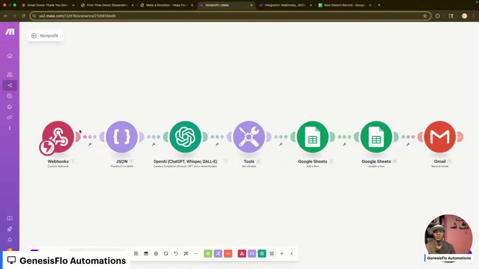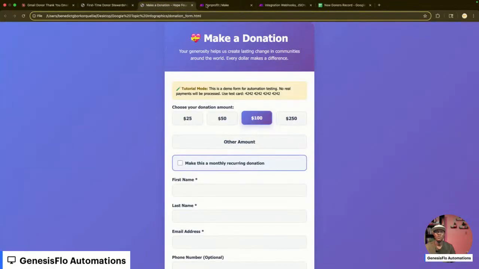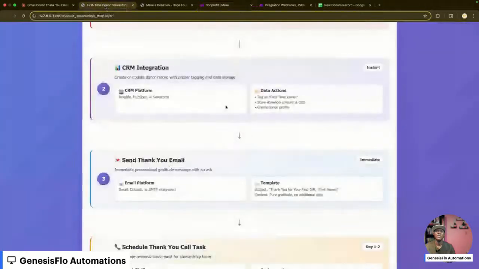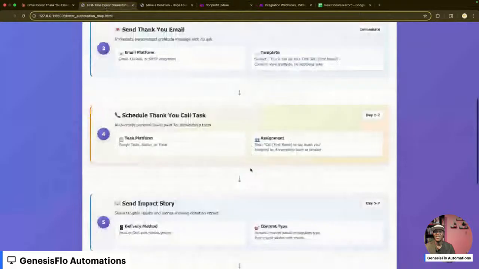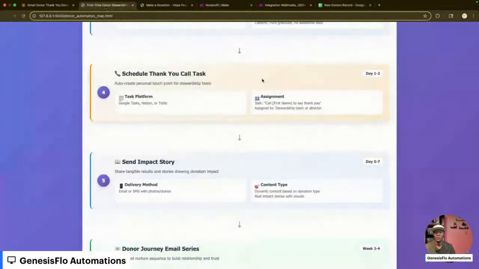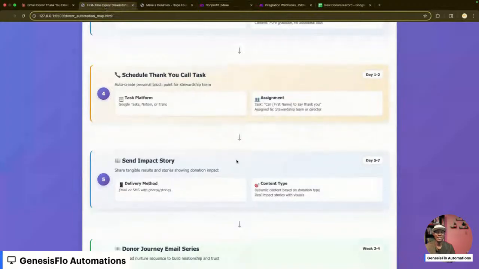Once your donor fills out the form, it will get sent to the automation, and then the automation will send them the first email. Now, in the process here, the next step will be to schedule a task, a thank you call. So you will assign a task to someone in your organization, and then send them an impact story of what their donation did.